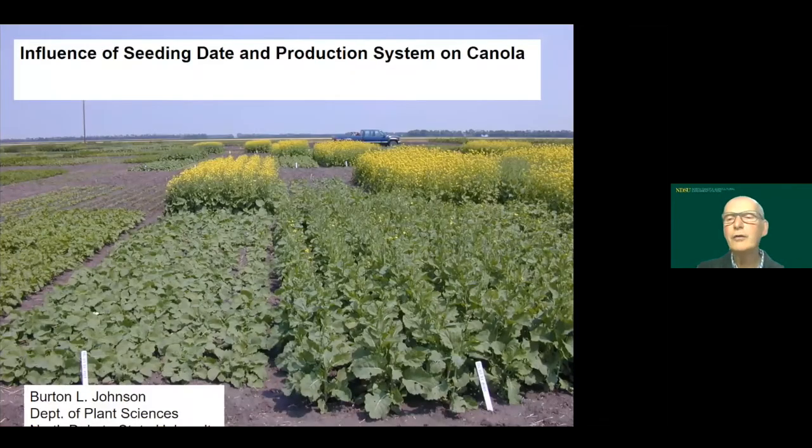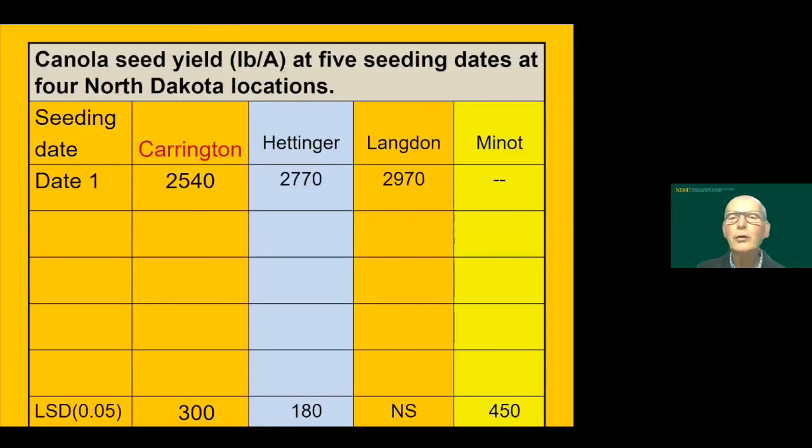Now, as I mentioned, critical is the planting date. So if we are looking at the nice picture that was provided by Dr. Johnson, this is what we call a planting date trial. In the foreground, you see late planted, and in the background, you see some that were planted early. So I'm going to walk you through some of the examples, and especially talk about the importance